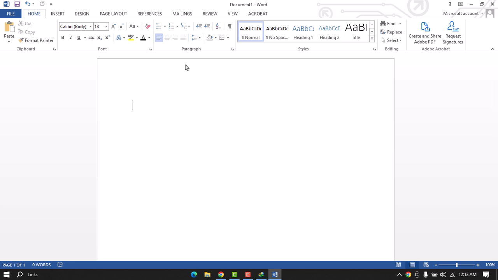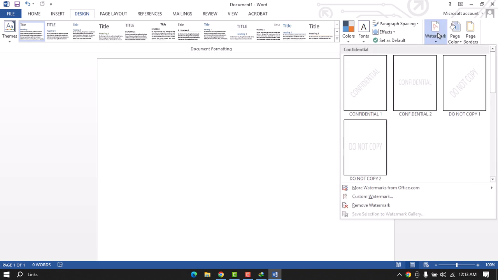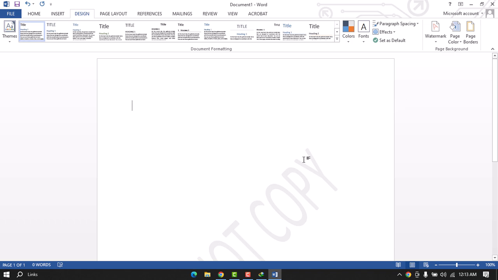Once you have opened up your Word file, head over to the Design section, and under the Page Background section, you can see an option Watermark, and click on that. You will get a drop down box. Then you just have to select the position you want to add your watermark into. Suppose I want it like this,